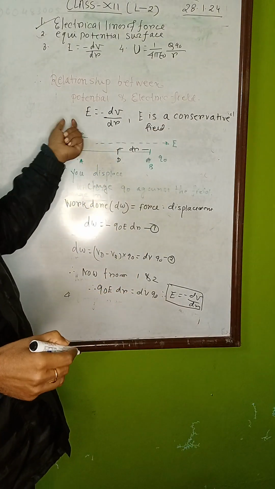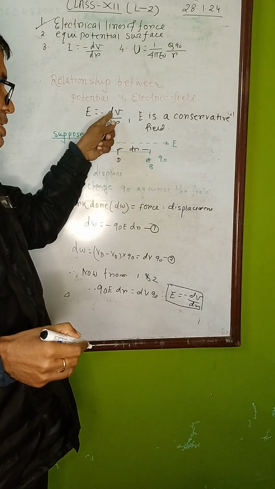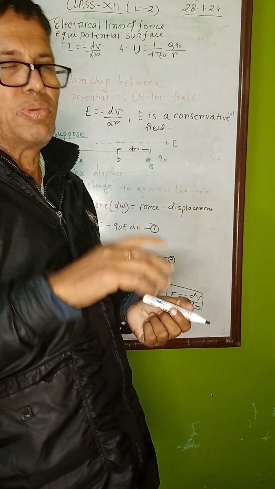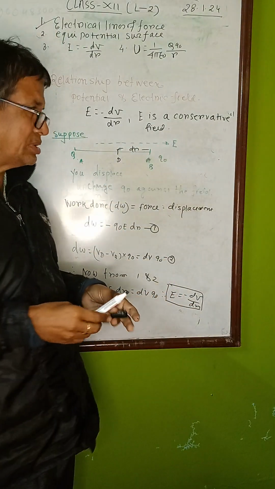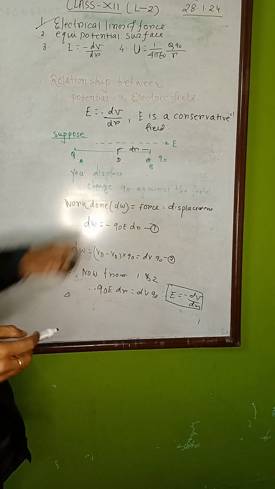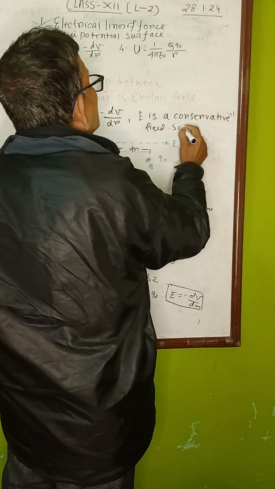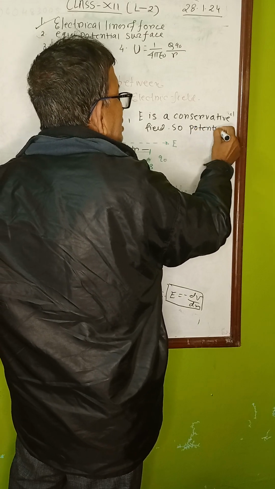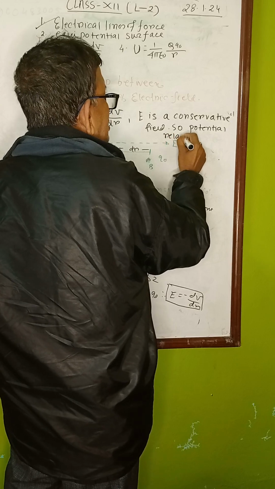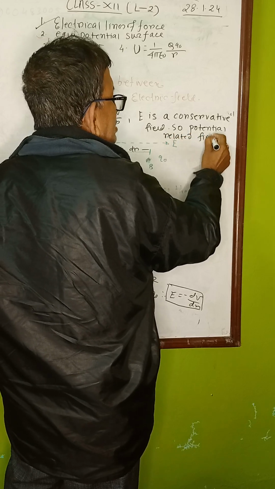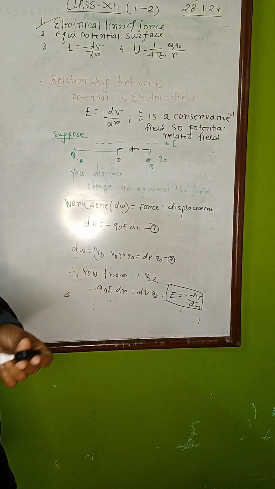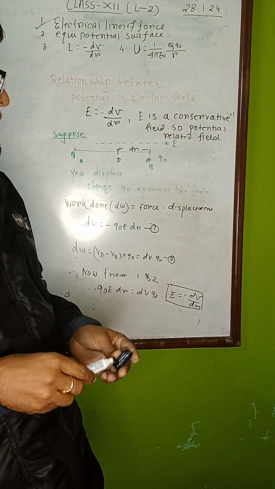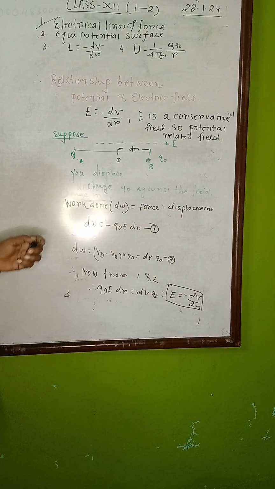So you can represent any force field in terms of the gradient of a potential, or conservative force field. You know in mechanics that the work done does not depend on the path. So it is a conservative force field. Potential is related to the field, like gravitational force, also a conservative force field. There is a gravitational potential also. In class 11 I think you have learned, children. So again I am telling you,